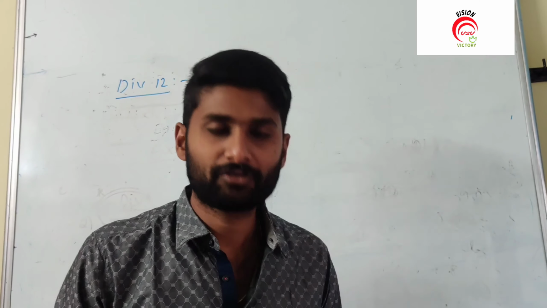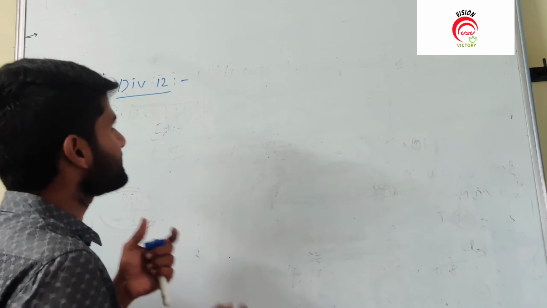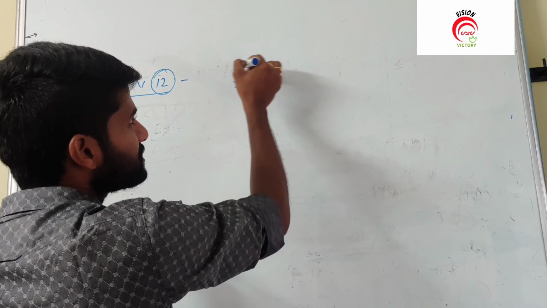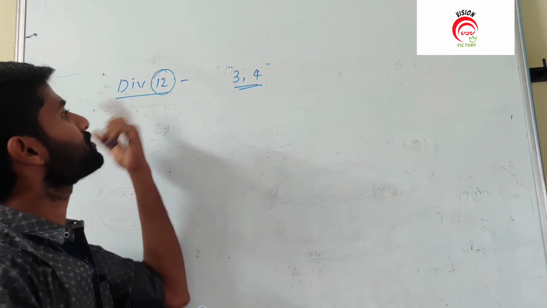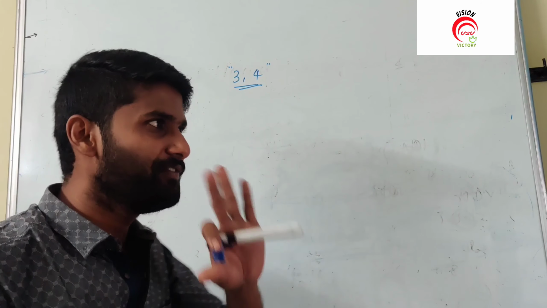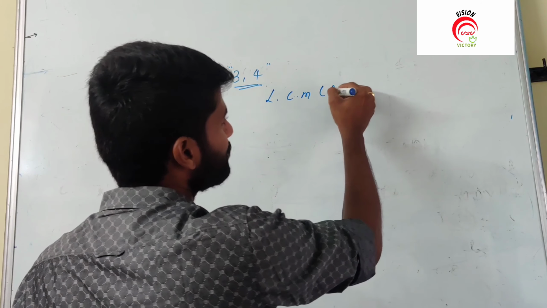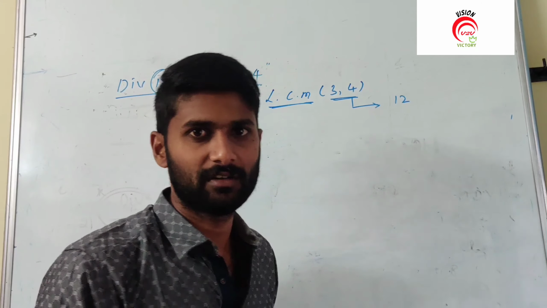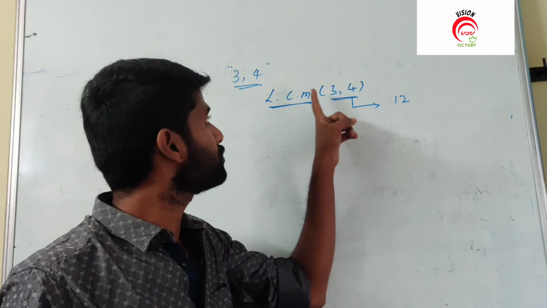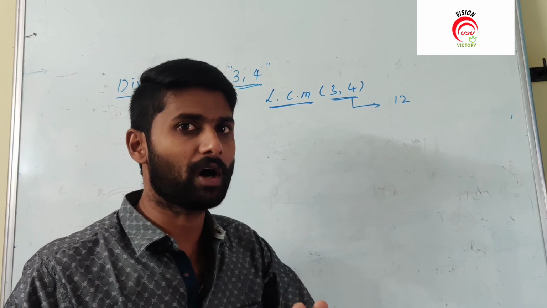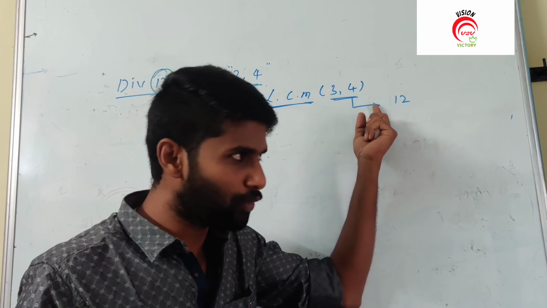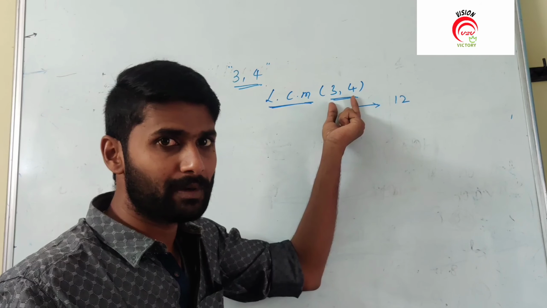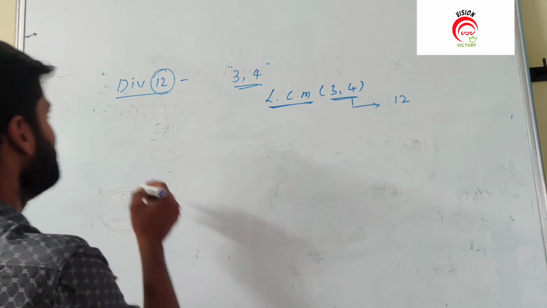Clear? Next one, the divisible by 12 rule. So what does the 12 rule say? If you consider the 12 rule, the number is divisible by 3 and 4. Why? Because if any number is divisible by 3 and 4, definitely that number is always divisible by 12. Why is it? We know the LCM of 3 and 4 is 12, and a common multiple of 3 and 4 is always divisible by 12. It means if any number is divisible by 3 and 4, and not or, that number is always divisible by 12. So focus on the LCM of 2 different parameters, and we get the new rule. Clear? Next one.